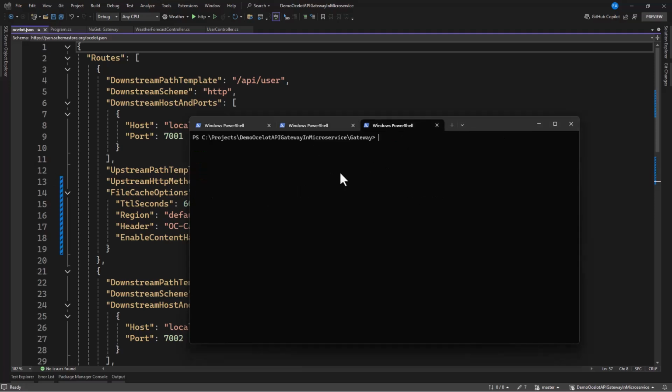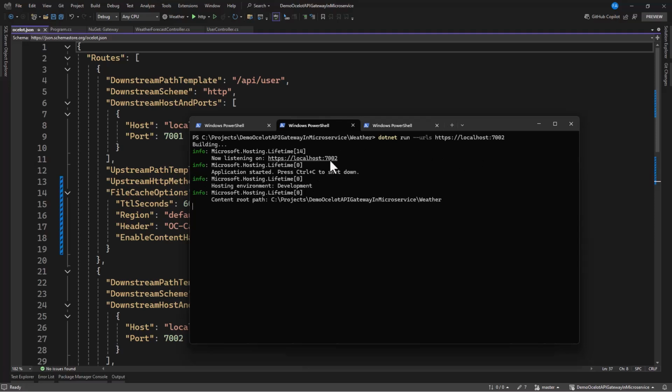This is also ready. Now let's test the caching itself. This gateway is also running on 7000, but this is running on HTTPS. Okay, this HTTPS should be HTTP, so we can stop this. Now this should run on HTTP.